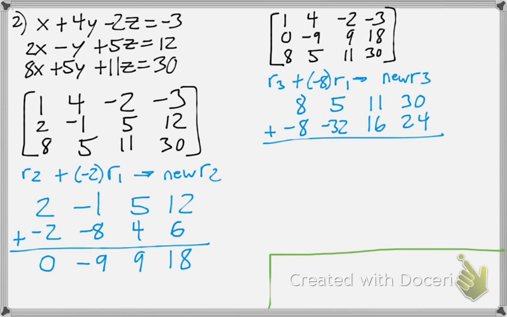So let's add those up, and I get 0, -27, +27, and +54. So my new matrix is going to be 1, 0, 0,